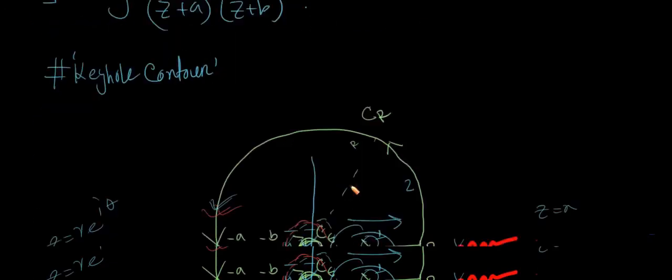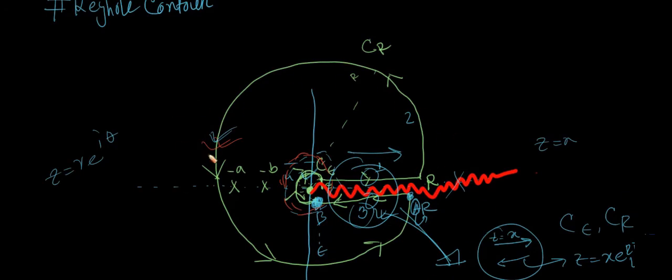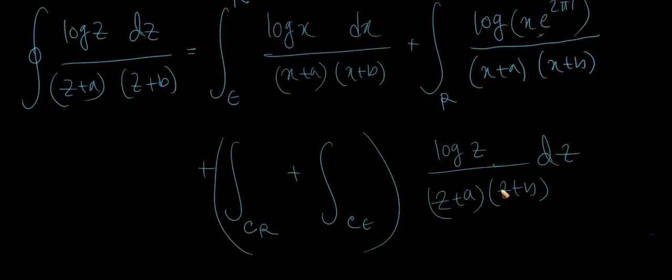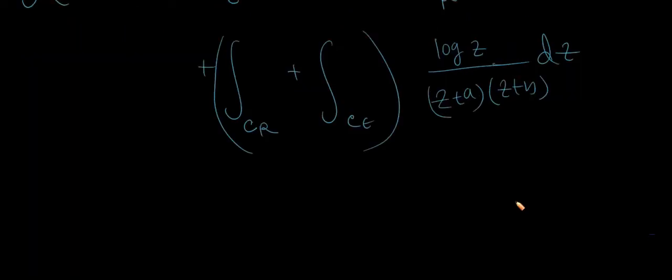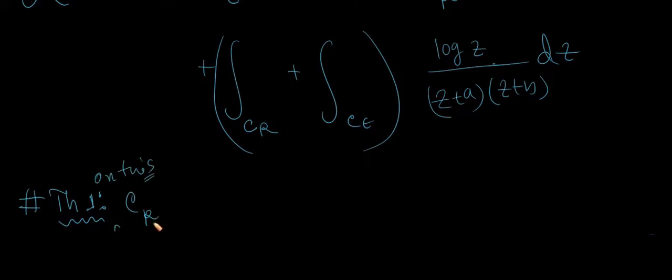So this C_R and C_epsilon are just contributions coming from the bigger circle and the smaller circle. Now, before I proceed, I want to make use of the theorems that you already know. Let me just recall one of the theorems, let's say this is theorem 1, and it says that if on a circular arc, that means this C_R on this circular arc